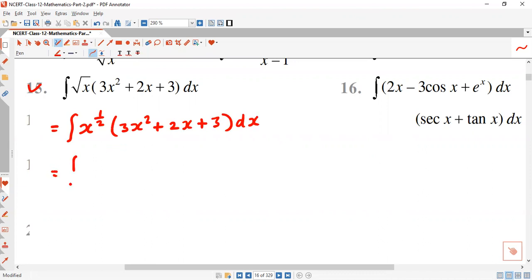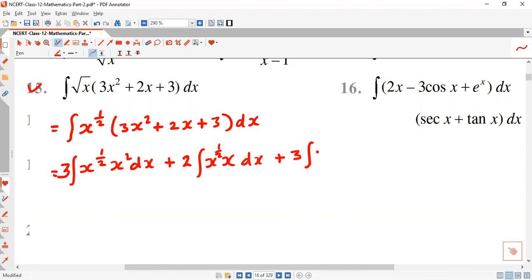We are getting integration of 3, a constant taken outside, x raised to half times x square dx, plus 2, constant taken outside, x raised to half into x dx, plus 3 taken outside, x raised to half dx. Simplify this one, we are getting 3